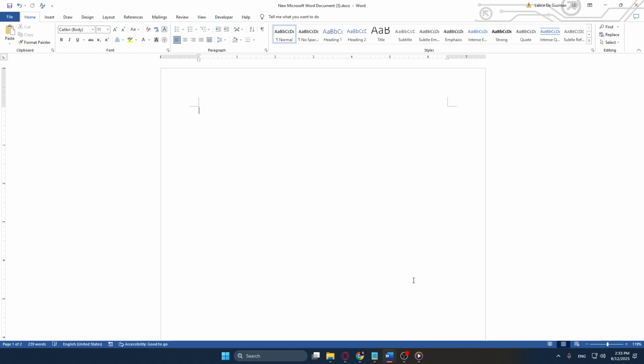Of course, remember that this setting only applies to the current document unless you change your default settings for all documents. If you ever want to re-enable spell check, you can easily follow the same steps and simply recheck the